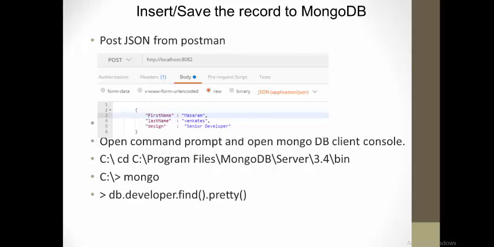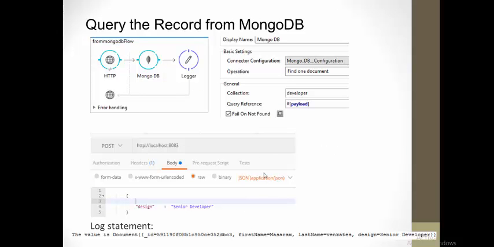So once the document is stored, I want to retrieve the document from the database. So this is one more flow I configured, the second flow. In this flow I am configuring MongoDB over here. Once the request comes, it comes to the MongoDB component, and this is the MongoDB configuration. Here my operation is find document. Earlier it was insert document, here it is find document. So I need to give the collection under which this document is there.